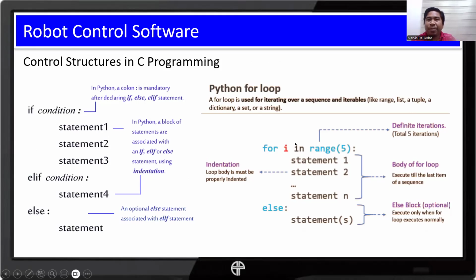For the iterations or the loops in Python, you can observe this structure. We still use the for keyword, and then normally we still use the i variable. And then here we have the range. For example, if we write range 5, that means we are having a total of 5 iterations.